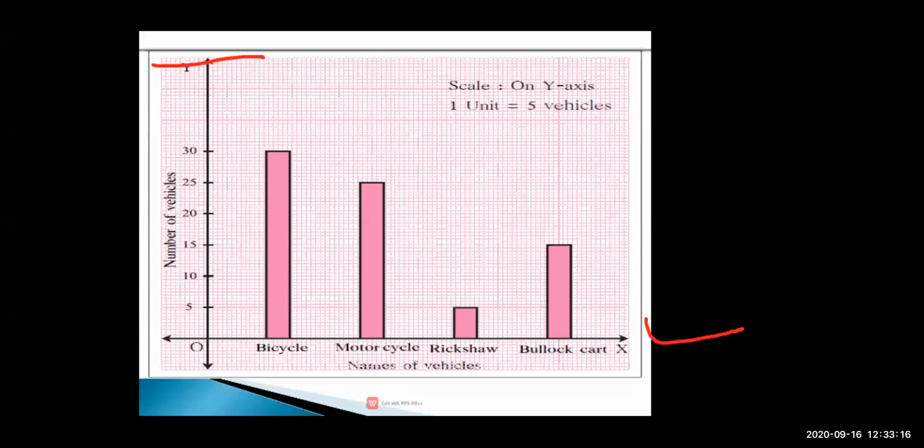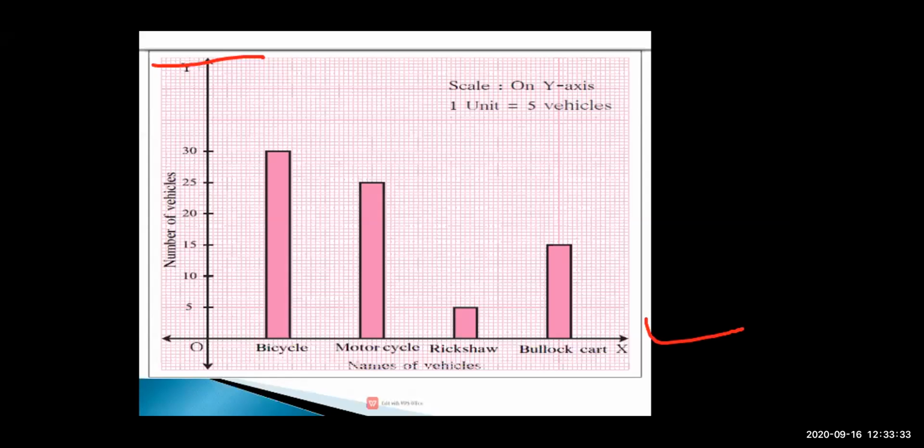Whatever questions they are giving, the first thing, the names, every name. See, for example, name of the student. Name of the student means Harish, Ramesh. This type of question, if it is coming, that should be written on the x-axis line. On the x-axis line, everyone's names should come.